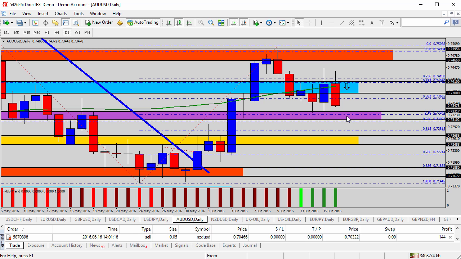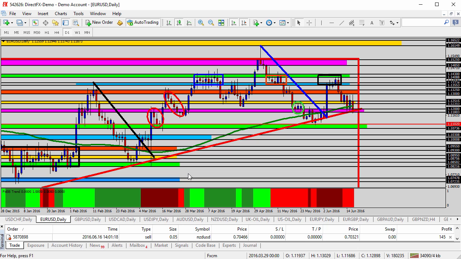Okay, let's look at two other things that we're going to be looking at today. I want to start over here on the euro dollar because we've been studying this one as well. Of course, as noted, a lot of news over the past 24 hours, so we definitely were watching that here on the euro dollar, and still some news to go today that could affect this currency pair. But overall, the uptrend has been in place. The red trend line, we're now coming down to attack that trend line and the 100 period simple moving average.